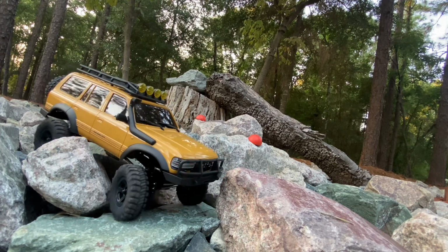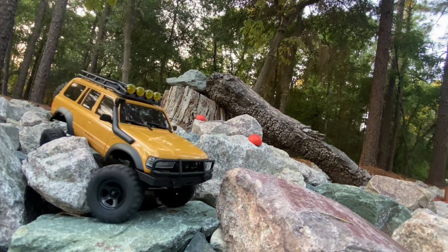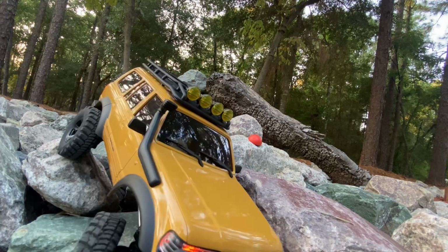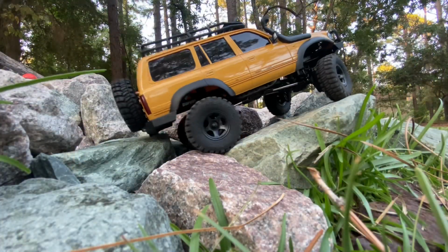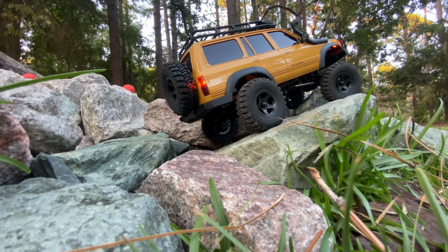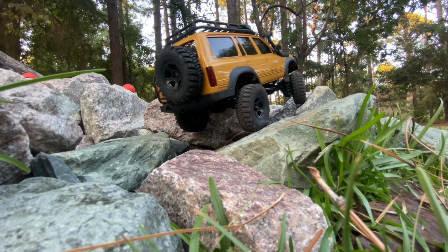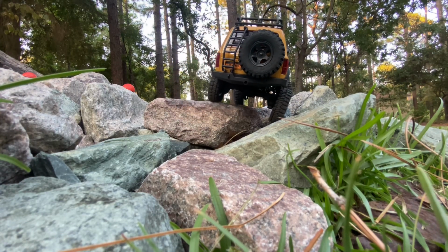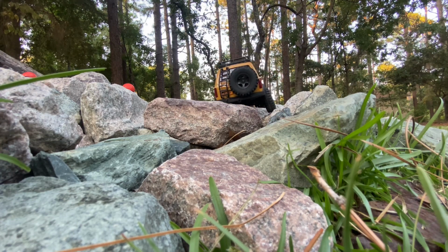I know he put some weighted wheels with tires on them. I don't know if he can fit his favorite tire, the Scrambler, underneath these, but maybe so. We'll check into it. But oh man, looks good wheeling too, and it doesn't do bad. It's with the 2-speed transmission. It's got metal gears in the portals. I mean, look there. That's good wheeling right there. That's good scale wheeling. Beautiful FMS